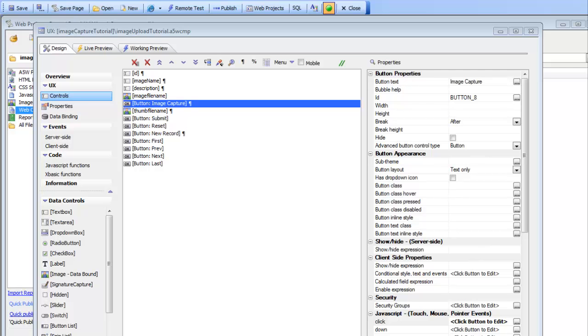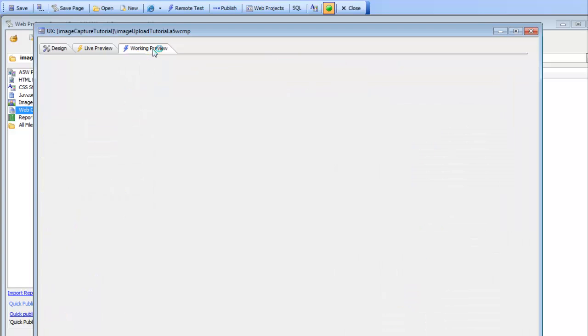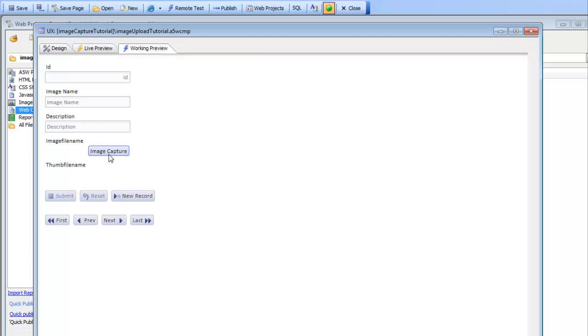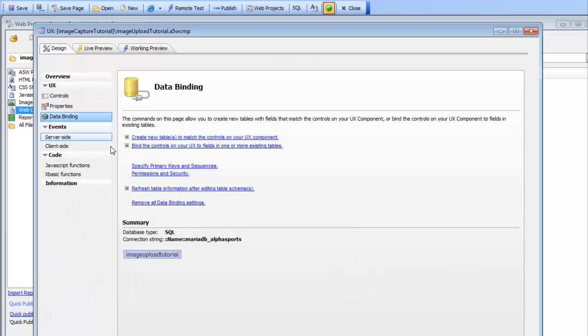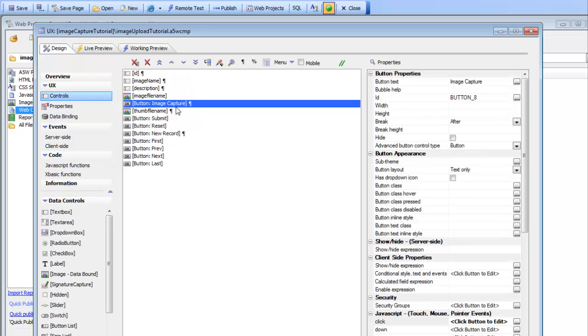In this video, we're going to take a look at what happens behind the scenes when you do an image upload or a file upload in a UX component. So you can see that we have a simple UX component that has an image capture button. This particular component is bound to a SQL database,